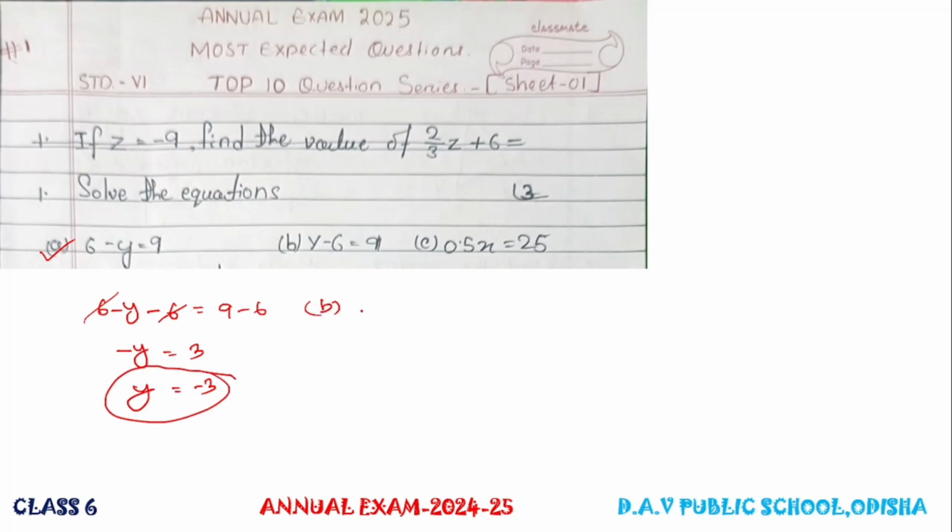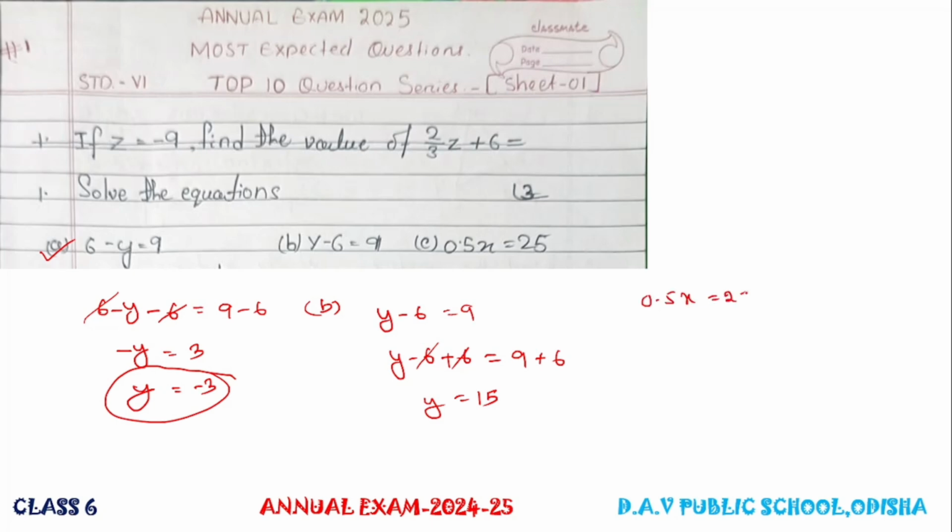Next, part B, that is y minus 6 equal to 9. Here, y minus 6, if we add 6 then it will be cancelled. Similarly, we add 6 on the right side, that is 9 plus 6. So y equal to 15. Now